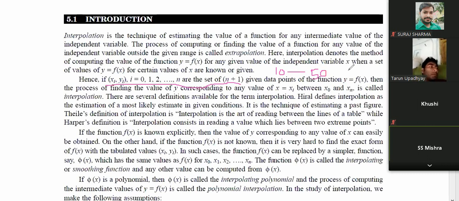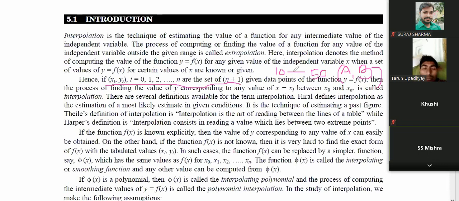This is a range. I'm talking about this. So when we estimate, this is a technique. This is a method. If somebody is asking what the polynomial is, a technique or a method, what is the work of this method? What is the aim of this method? To estimate, to approximate the value of the function